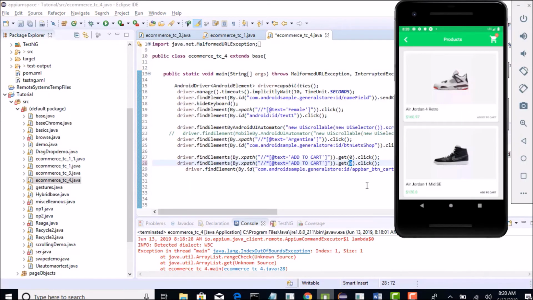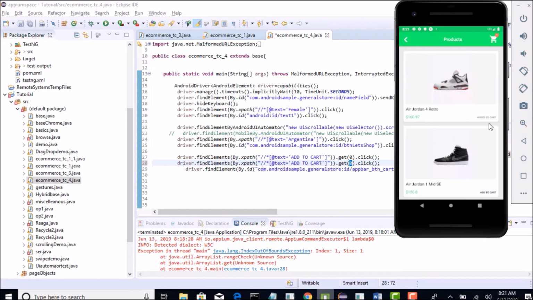So that's the trick. This was the scenario given, and the candidate was very sure that find elements 0th one should click, but it's not clicking. He did not observe that this text is no more valid after clicking on add to cart. It was changed to added to cart, isn't it? So why this fails, you are clear now.